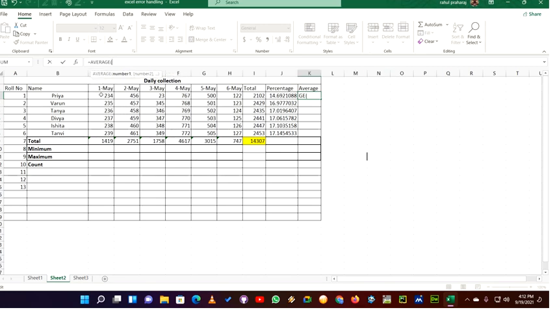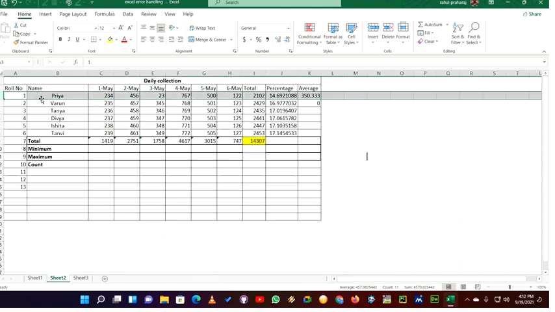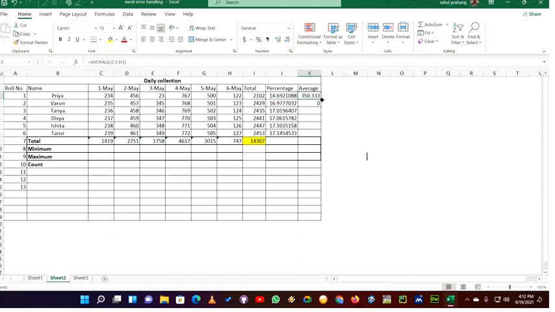You are going to select the particular cells, from one cell to another particular cell. Now you see the average is coming 350. So we have selected from C3 till H3. So it is selecting Priya's data and we are getting the average of this. Now when we drag using the fill options, you can see automatically the cells are getting updated. Now what is actually the average formula? Average is pretty simple. Average is nothing but the total of all the cells divided by the number of cells taken.